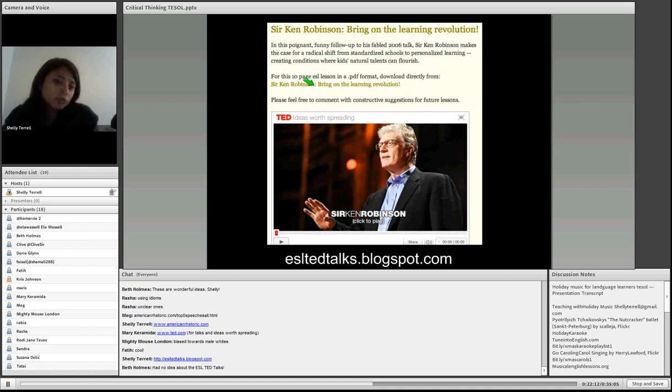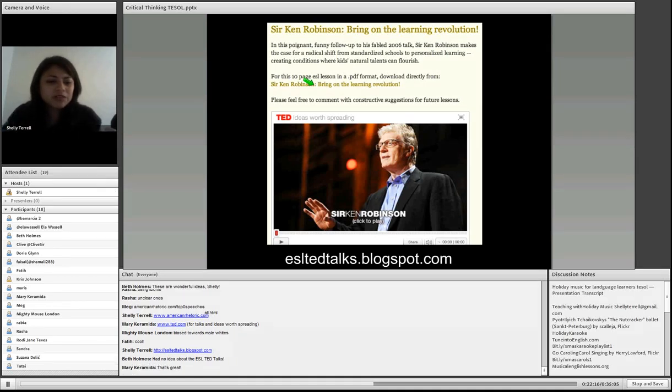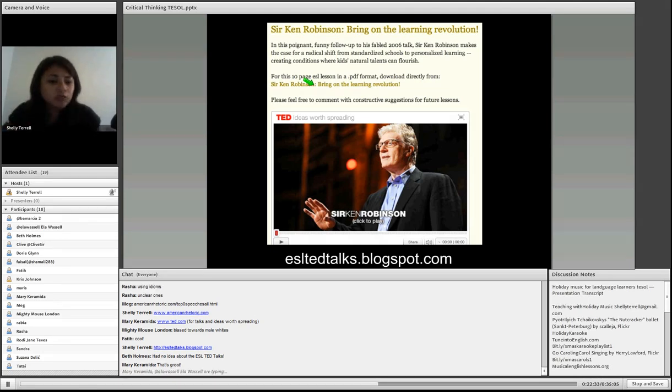So if you don't want to use the ones on this particular site, they have them on so many different topics, and if they do have the transcripts, you can copy and paste the transcripts from the TED Talks website itself, and then you can begin to use them to analyze the language and put chunks of language maybe in a Wordle form, and you can put the Wordle up just like I did at the beginning about critical thinking.